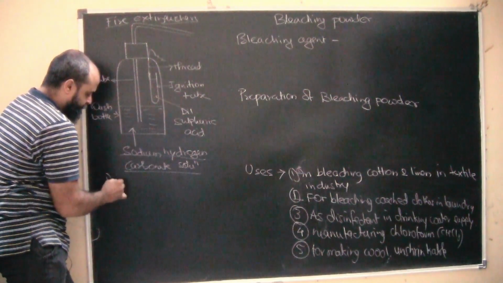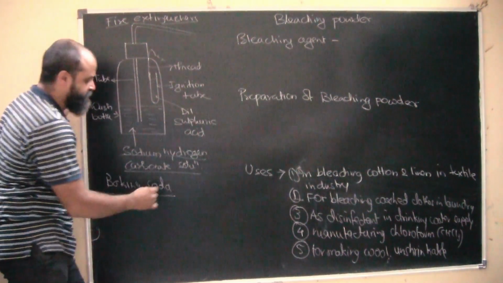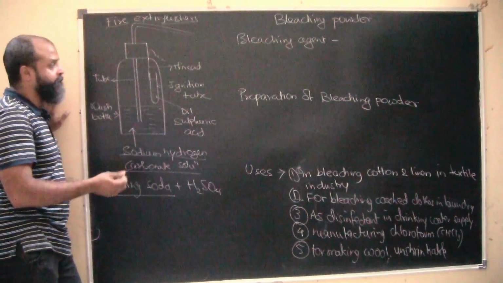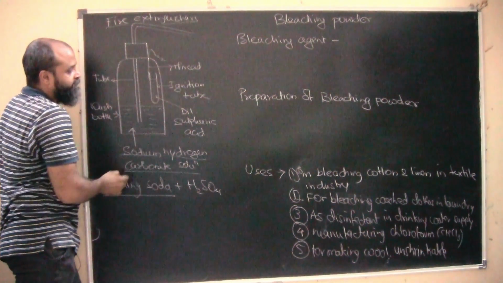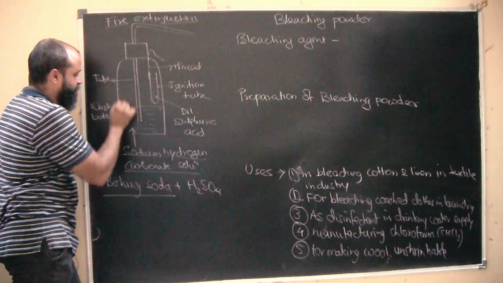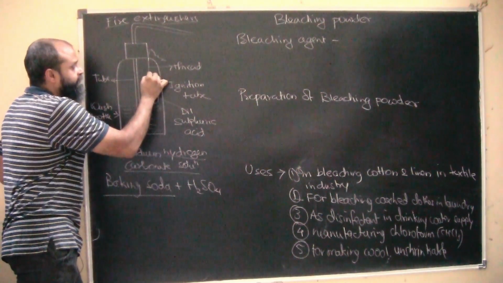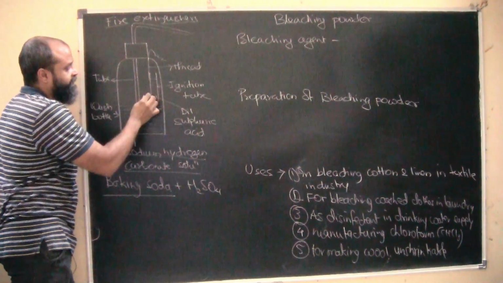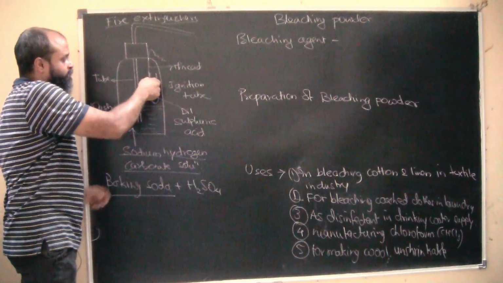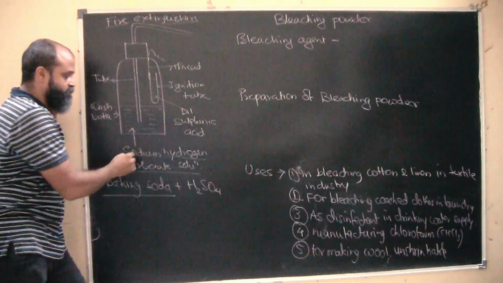Okay, so baking soda is basically used here along with sulfuric acid. So they are not mixed. Okay, they are mixed only when we need it. So here we have a boiling tube, or rather an ignition tube basically, okay, and this bottle is called the wash bottle. Dilute sulfuric acid is held here, and this is a thread which is actually suspending it. See, the reason why we have a thread out here is when we press the nozzle, this thread is pulled and this entire dilute sulfuric acid gets poured over the sodium hydrogen carbonate solution.